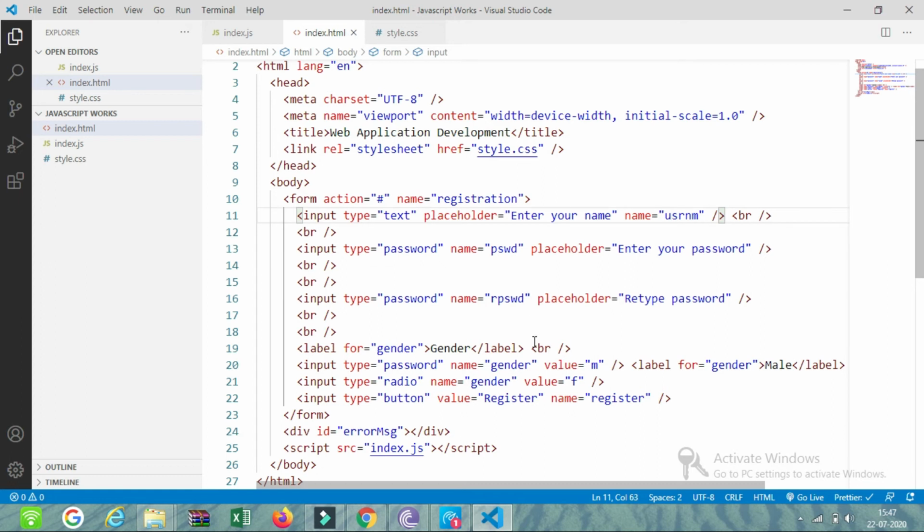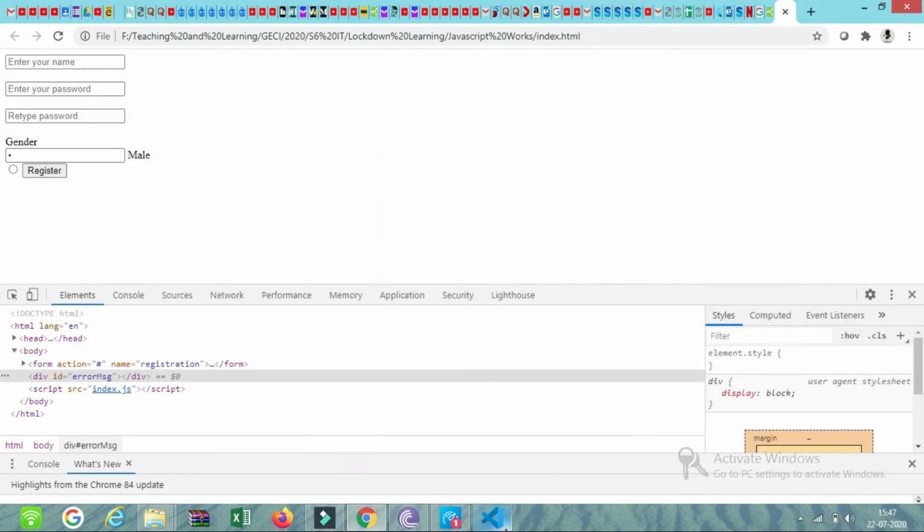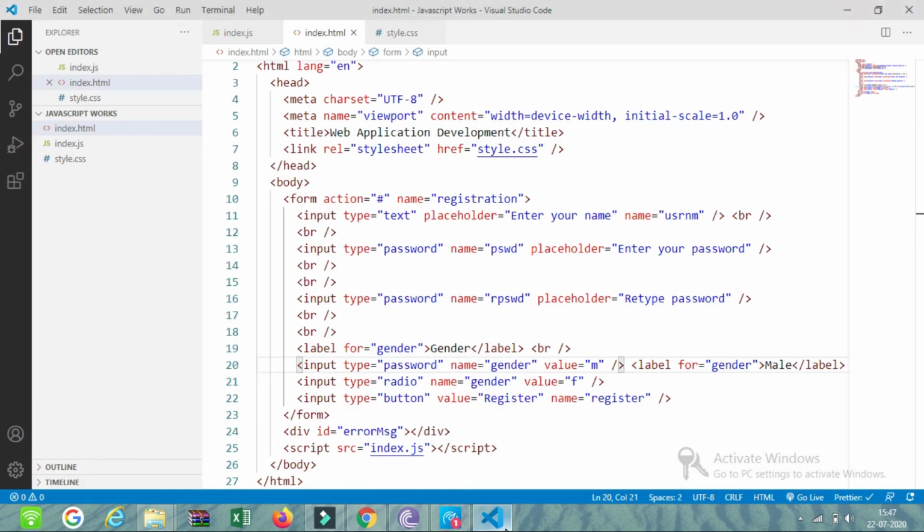Username, password, gender, password. That is the retype password field. No, gender. Oh, I made a mistake. It's not input type password. It needs to be radio. Input type radio.